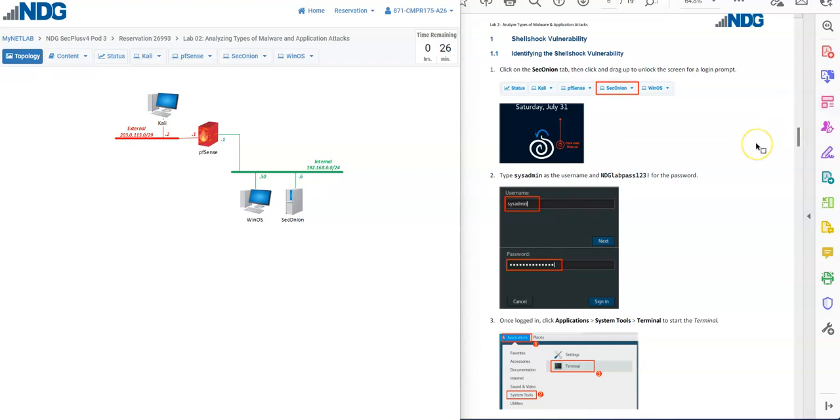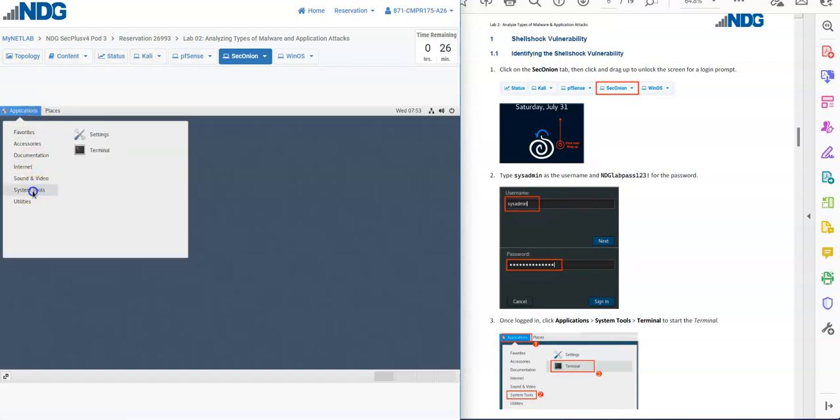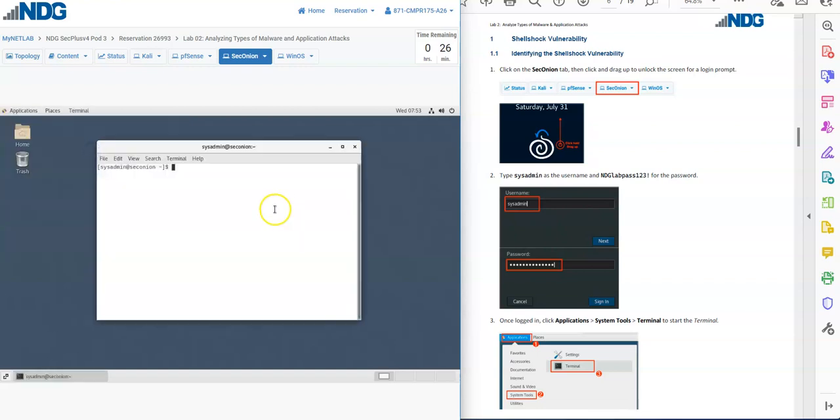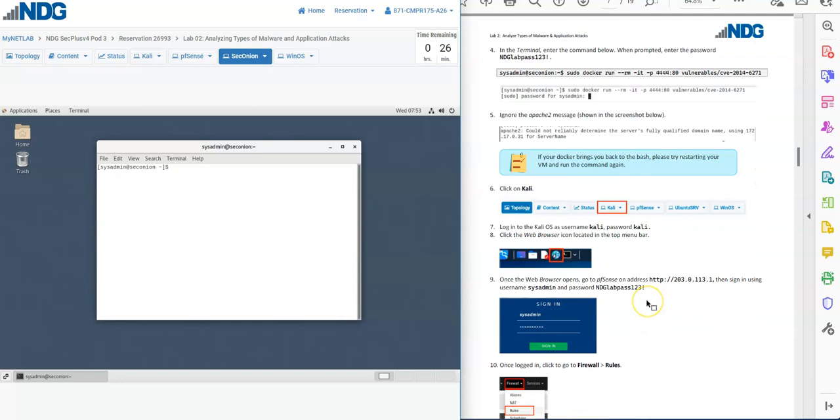For the first part, we're going to skip down to Lesson 3 if you're already logged in. And we're going to open up the Sec Orion tab for the virtual machine. Go to Applications, System Tools, and Terminal. On step 4,